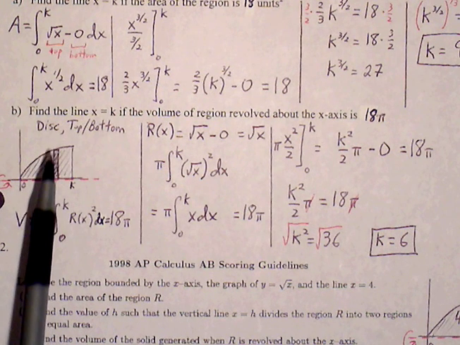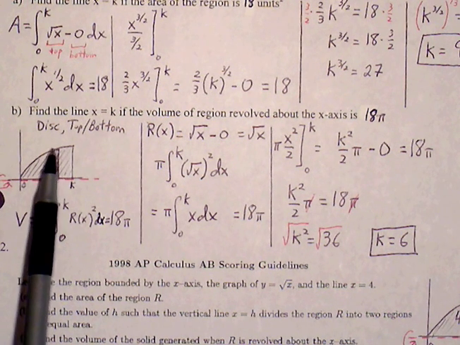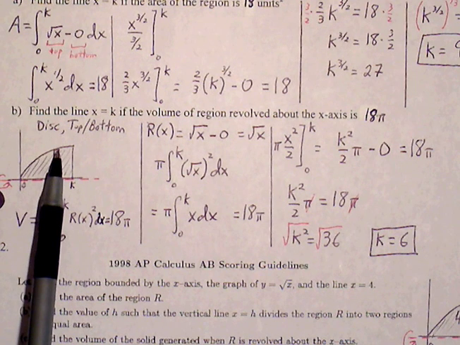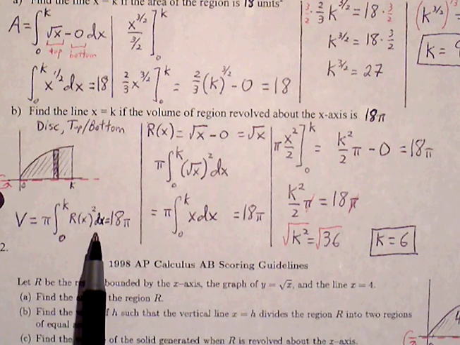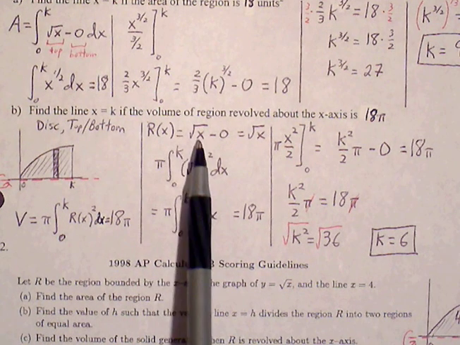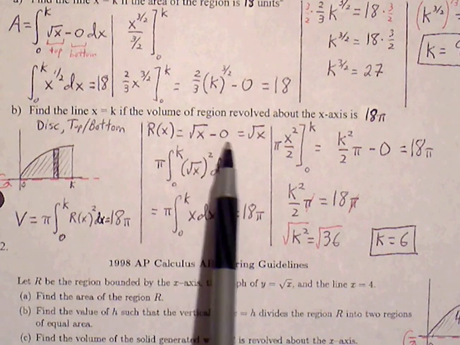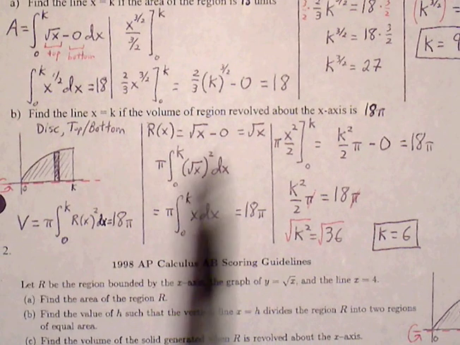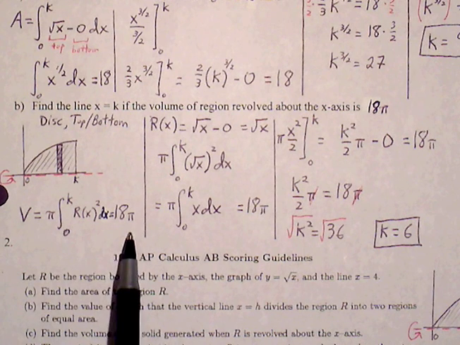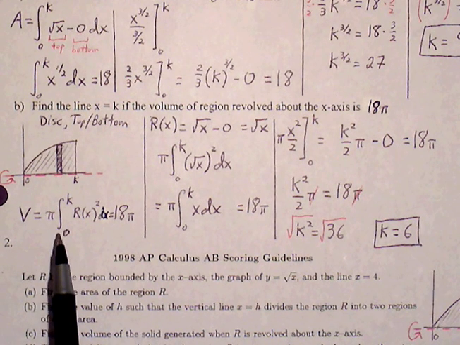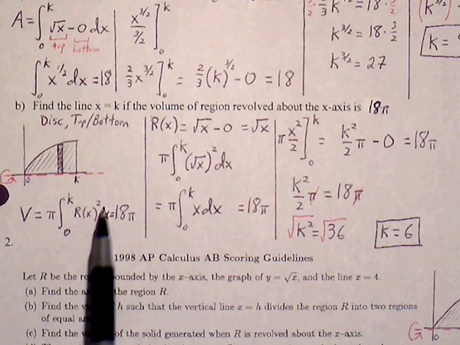So top minus bottom. The top of this radius is on the root x. The bottom of the radius is on the 0. So big R is simply root x minus 0, which is simply root x. And the volume formula we're going to be using for this method is pi big R squared